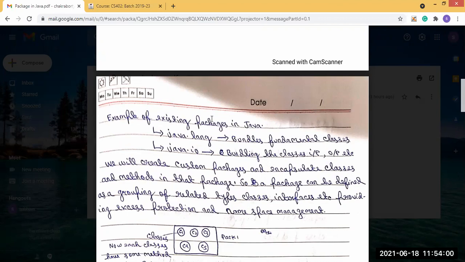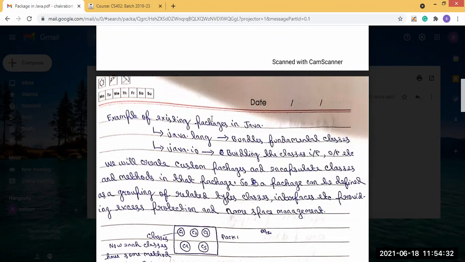The java.lang package bundles the fundamental classes, meaning all the basic classes are present in this java.lang package. So whenever in our program we want to use some basic classes, the java.lang package should be imported.